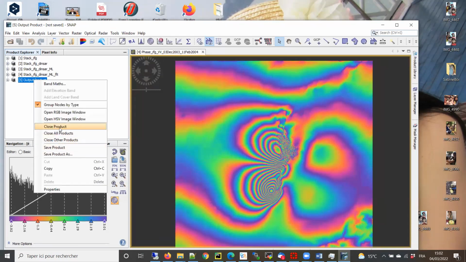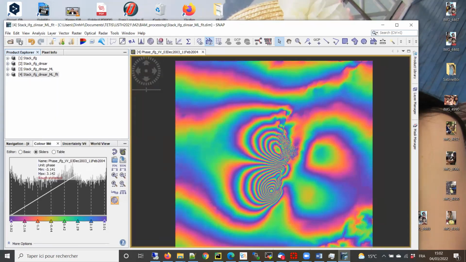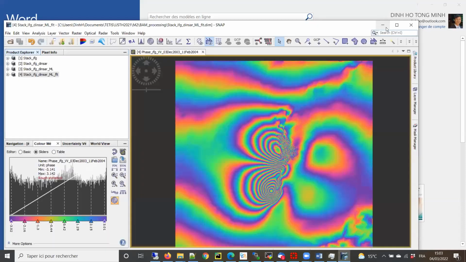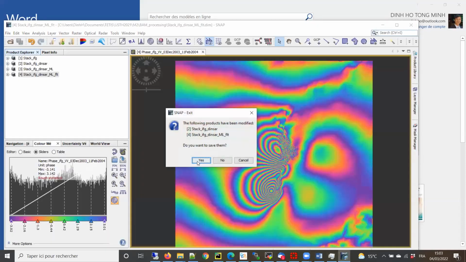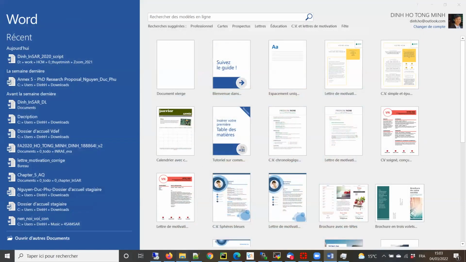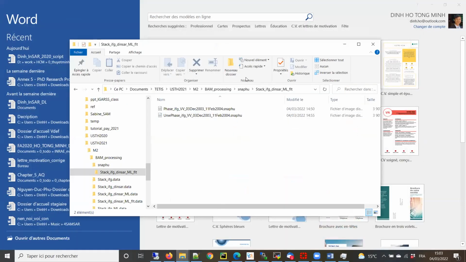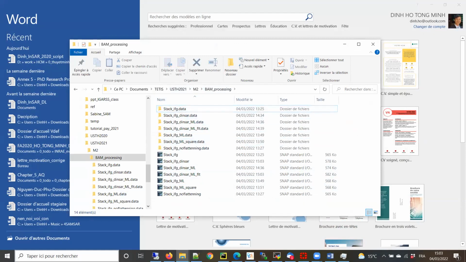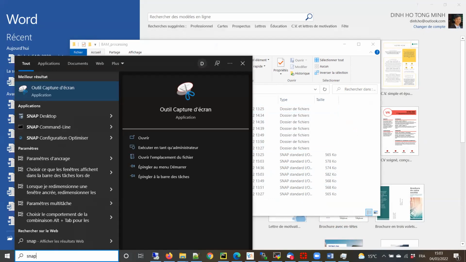No, we don't want this one. So this one. Yes, once, and then we try to. So I want to remove the SNAPHU again, and I want to run it again for everyone to